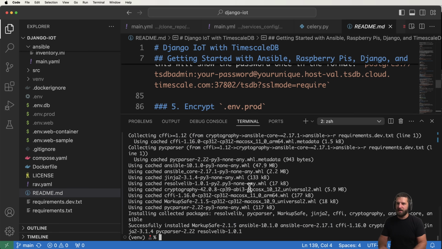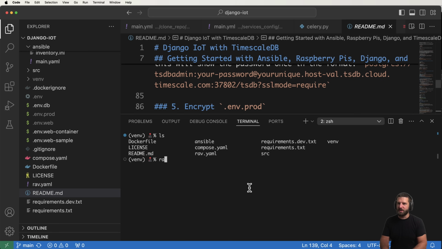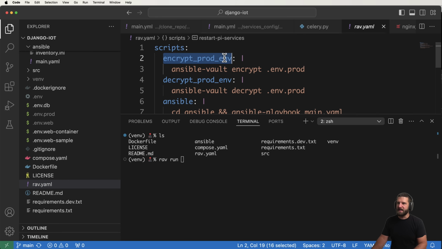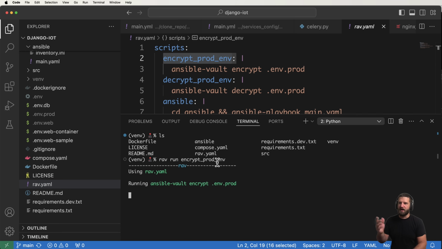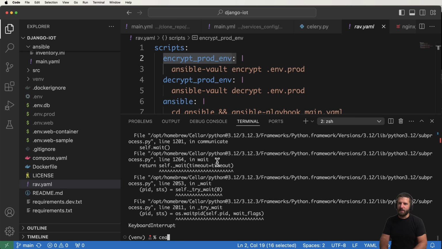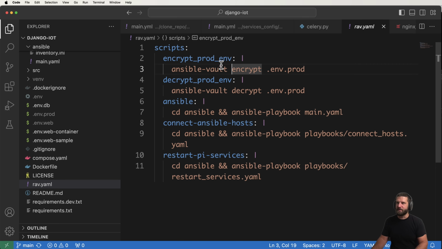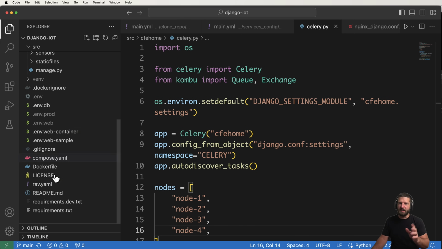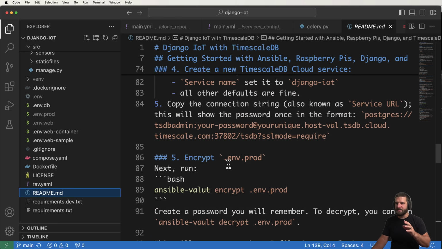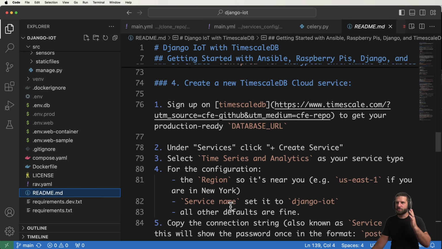If you want to use them, you just go into the root of your Django project and do rav run, whatever the name of the script is. In this case, let's go ahead and do encrypt prod env. So this will do that encryption process. I'm going to cancel it out for right now, but of course, feel free to use rav if you want to. I'm actually not going to use rav at this point for this video, but I will show you the Ansible stuff altogether. So now what we have is we are ready to start doing the actual production,